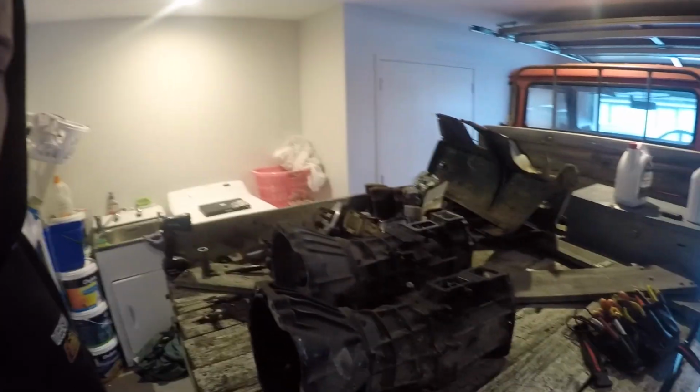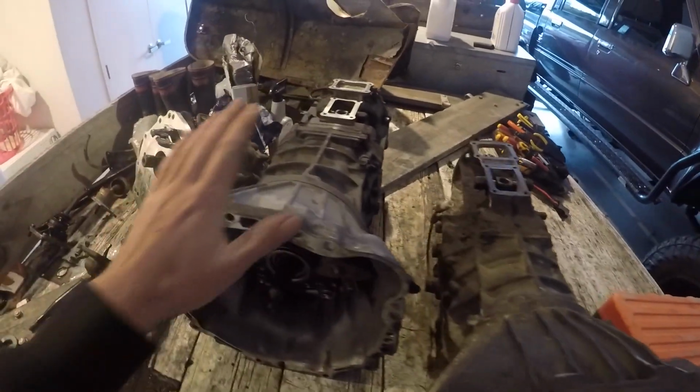So it is just a G52 gearbox, and they're known for blowing up, what have you. So here it is. I've gone and purchased the